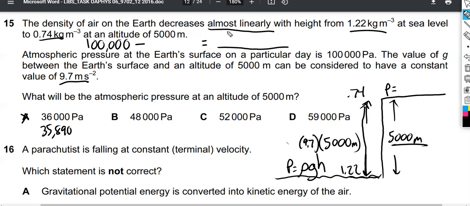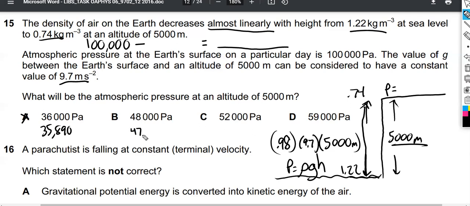Anybody know how to calculate an average? Heard somebody say, add up all the values and divide by the number of values that you added. That's correct, whoever said it. And so if you do that for these two values, you get 0.98. 0.98, okay, that's the average density of the air that we want to know the pressure of. Once we do this calculation, 0.98 times 9.7 times 5,000, we get an